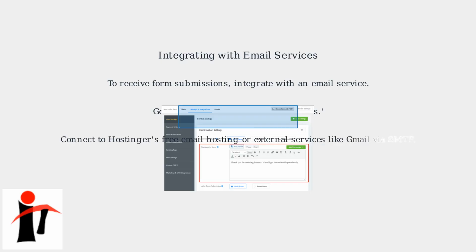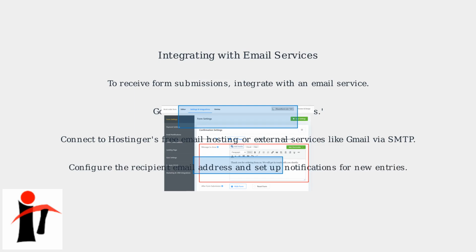In the Integrations panel, you can connect to Hostinger's built-in free email hosting service, which is included with your plan. Alternatively, integrate with external email providers such as Gmail using SMTP settings for more flexibility. Once connected, configure the settings to specify which email address should receive the form submissions. You can also set up automated email notifications to alert you immediately when new entries arrive, helping you respond quickly